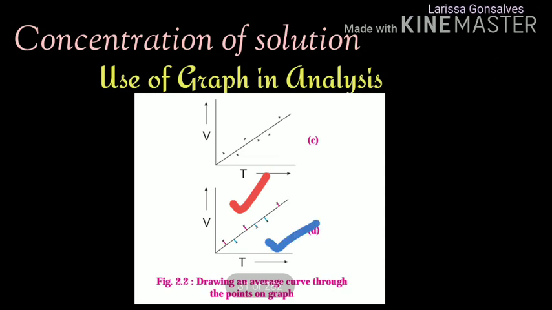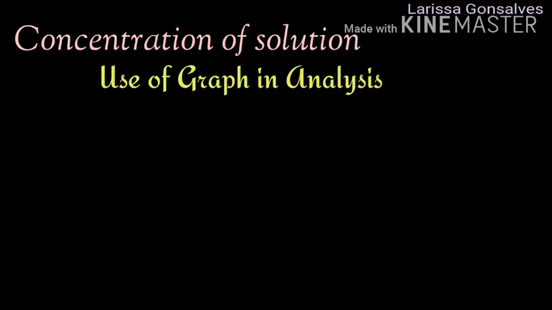The next step is we have to take the sum of all the red perpendiculars and all the blue perpendiculars separately. And if the two sums come to be equal or nearly equal, then the curve which is drawn shows the experimental points in the best possible representation, which shows that your experiment is successful. So this was all about your second chapter, that is Introduction to Analytical Chemistry.